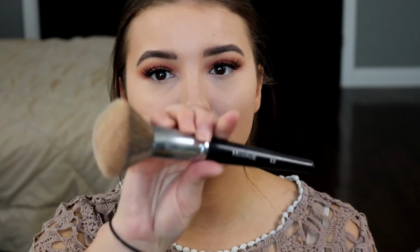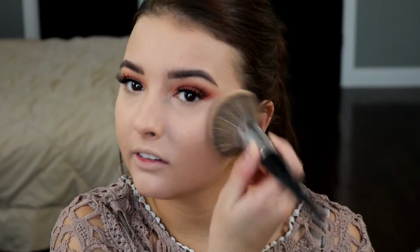This brush also works pretty good for contour, but I have a different one that I prefer. Alright, and then to set the rest of my face, I'm still going to use that same powder, but I'm going to be using the Morphe E2 brush. It's just a huge, fluffy brush, and I like to just pounce on the powder instead of swiping it because I don't want to take away any foundation. I do swipe it down my neck,